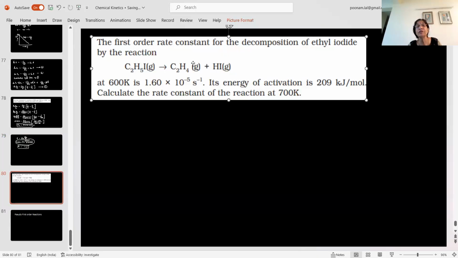Let us do one more question here. The first order rate constant for the decomposition of ethyl iodide is given here. So C2H5I gaseous giving this. At 600 is given here. The energy of activation is also given. Calculate the rate constant of the reaction. So how will you do this one? In this question,